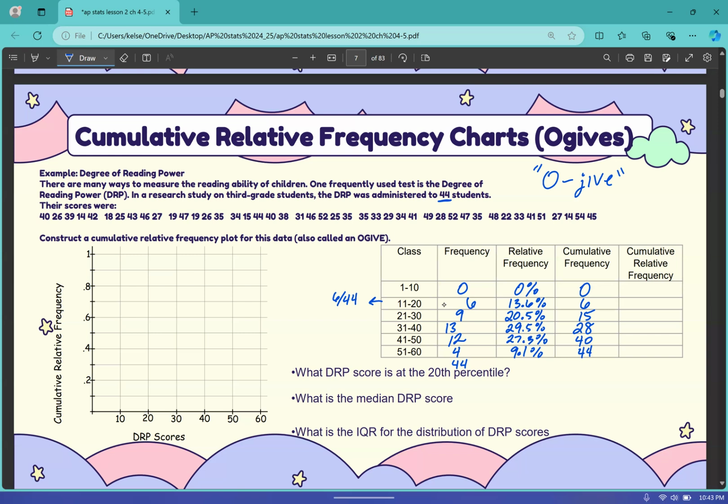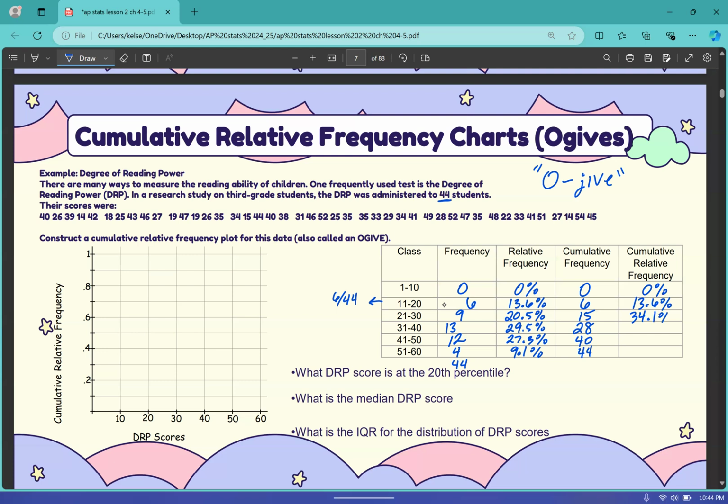Now we're going to do the same thing with the cumulative relative frequency. Again, we start off here. Our first group was 0%. Our second group was 13.6. I apologize, I looked at the wrong one there. So 13.6. Now we're going to add on the 20.5. So if you do 13.6 plus the 20.5, you will get